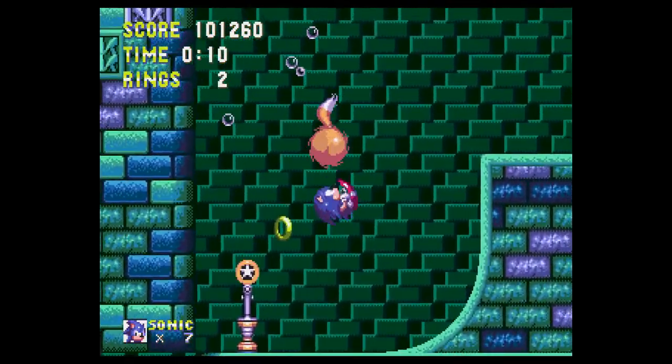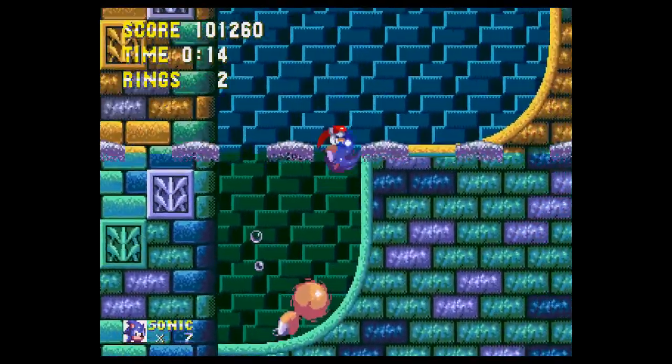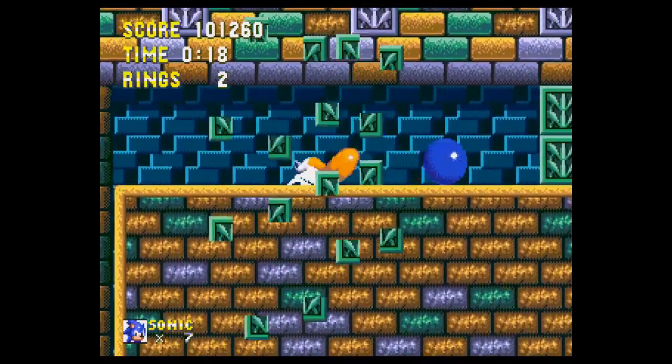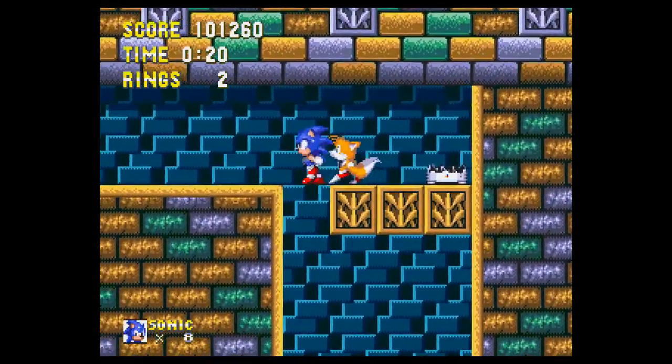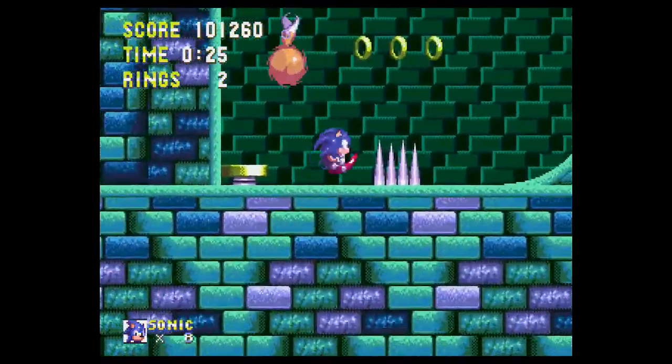I don't know if I'm going to go so far as to say the music is superior to Sonic 2's, but it is damn good late Sega Genesis music in this game pretty much throughout. Definitely instruments kick ass in this game. Amazing. Yeah, it's really hard to talk about this game because there's sort of...